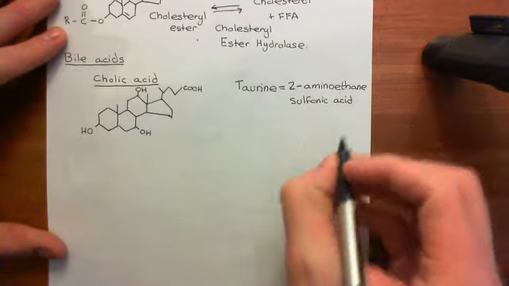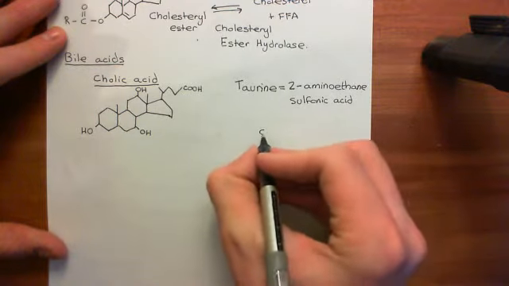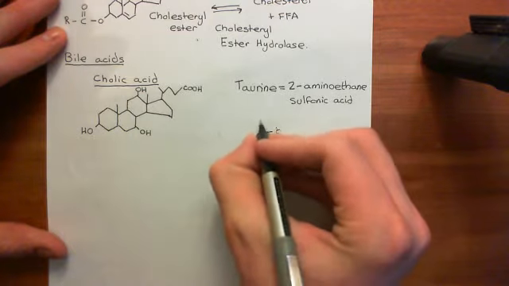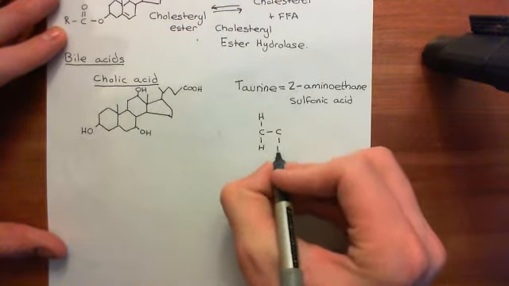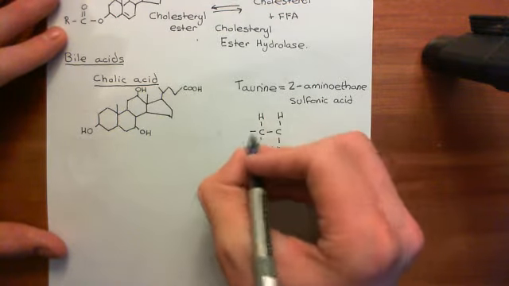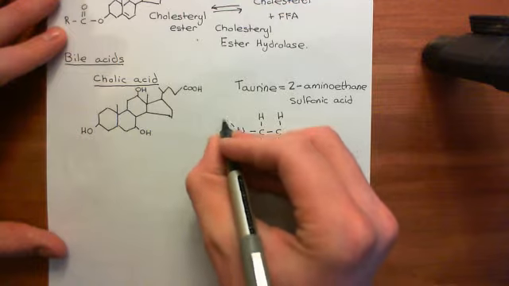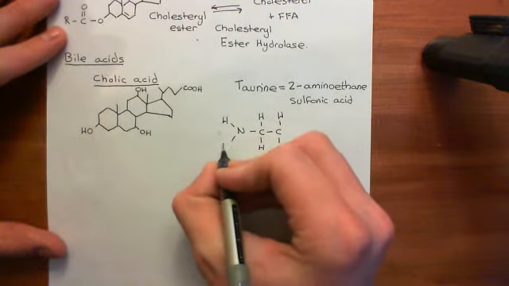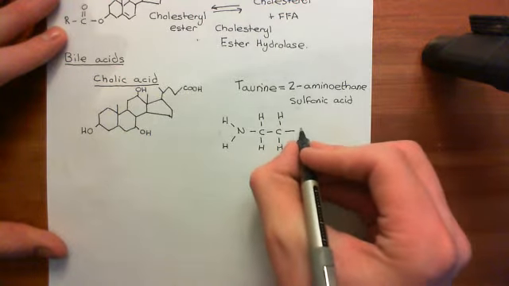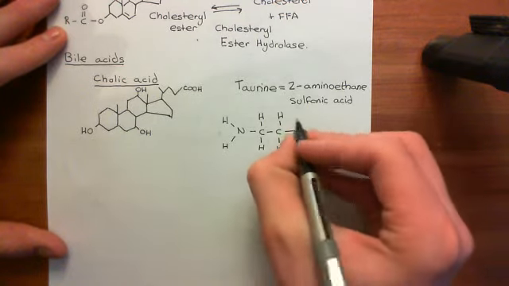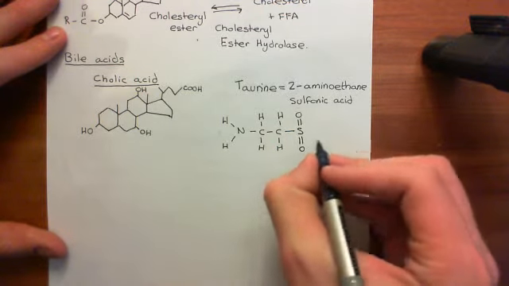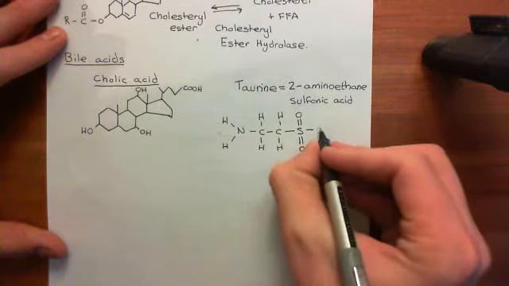Basically the structure of taurine has a 2-carbon structure. That's the ethane. Then we have an amino group on the second carbon, so we'll put our amino group coming off there. And then off the first carbon we have this sulfonic acid group. Now what's the structure of a sulfonic acid group? Well, basically you have a sulfur atom with 2 oxygens doubly bound to that sulfur atom, and then an alcohol